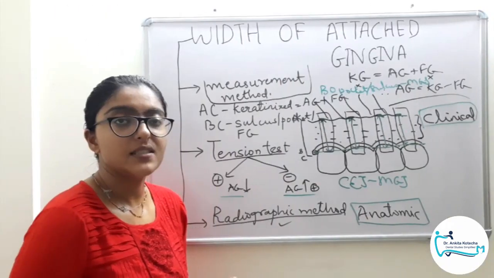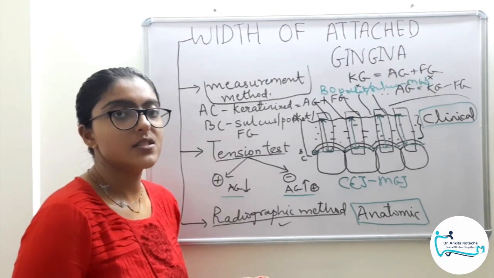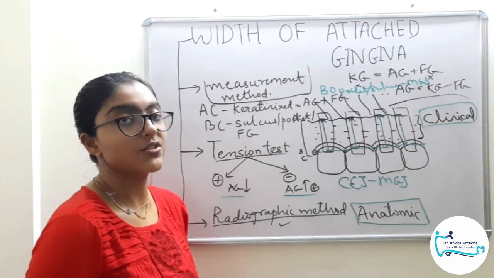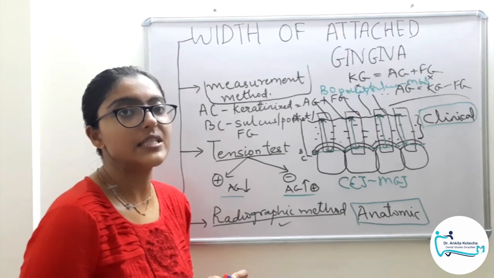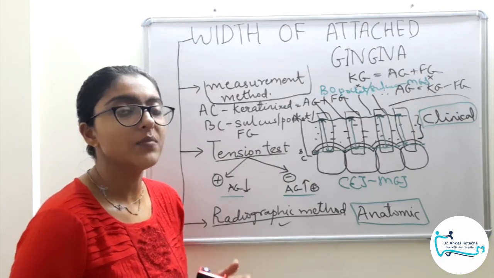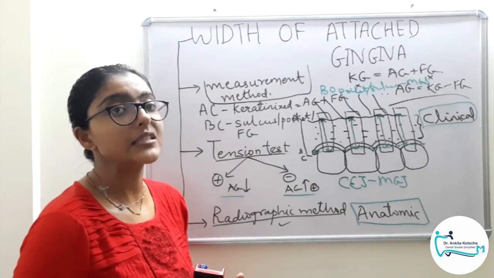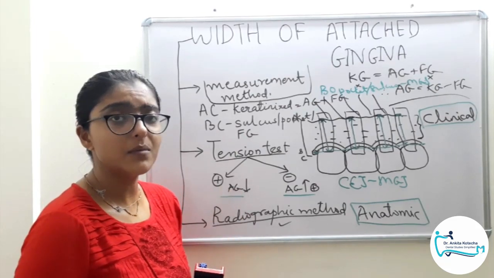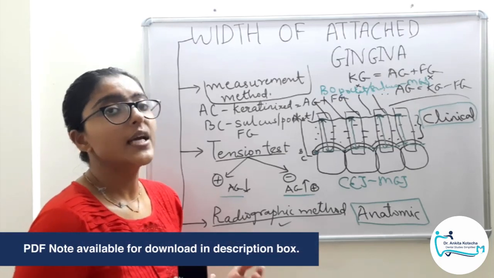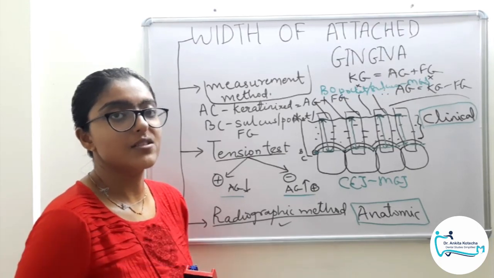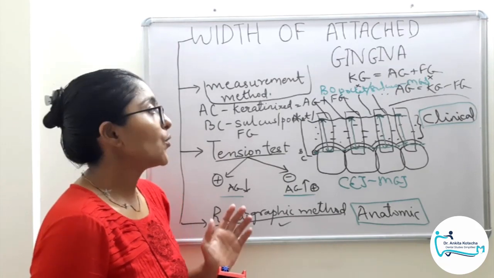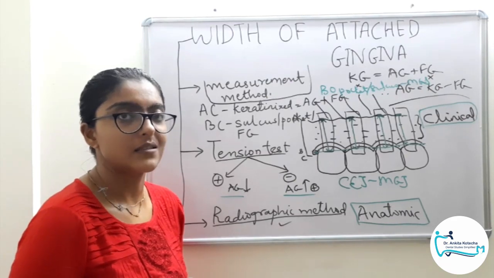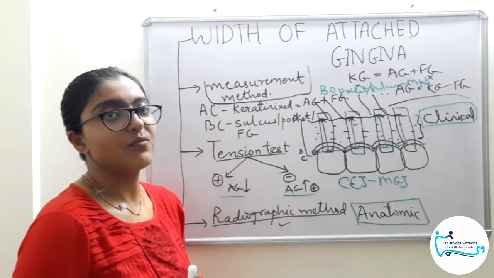Coming to the applied aspects, why are we supposed to measure the width of attached gingiva? Because measuring the width of attached gingiva and identification of the mucogingival junction determines our choice of flap surgery technique. If the attached gingiva is minimum, we may go for sulcular incision rather than a submarginal incision, or in extreme cases where there is very minimum attached gingiva or absolutely zero, it may call for increase in the width of attached gingiva procedure. And that is why knowing the measurement of attached gingiva is essential before taking up any flap surgery case. This completes the topic measuring the width of attached gingiva.